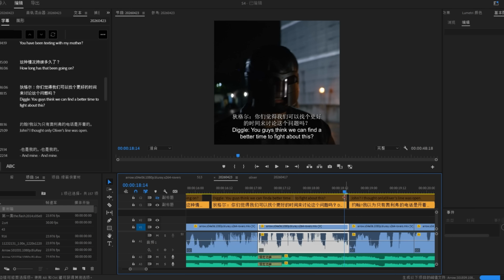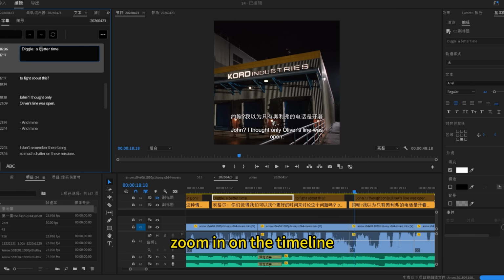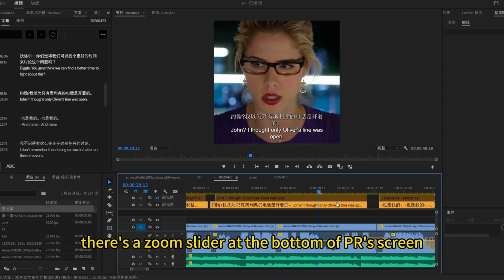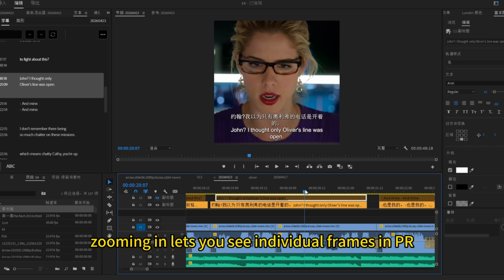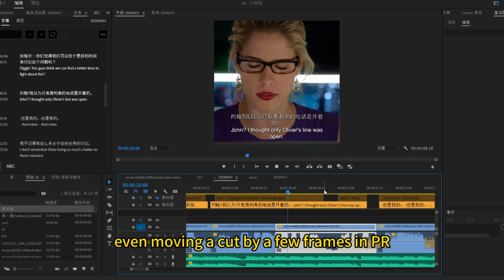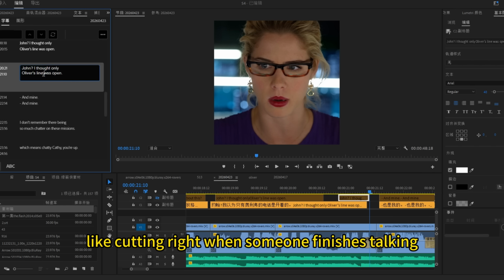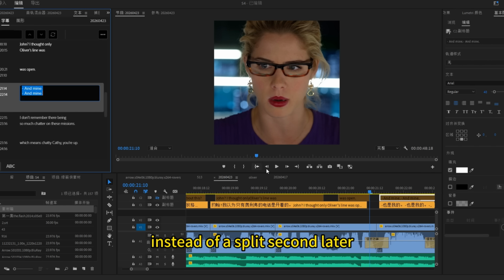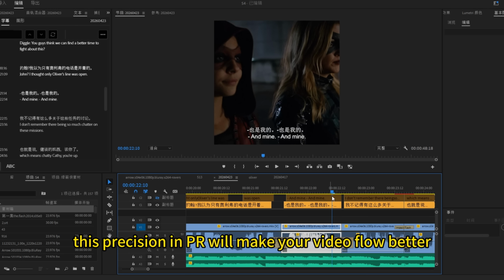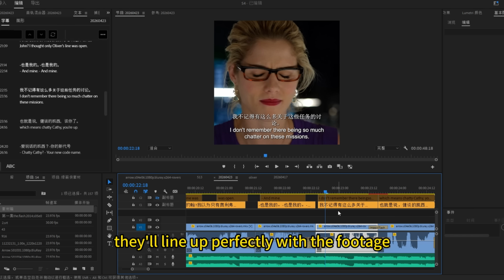about your video. If you need to be more precise when moving or cutting clips in PR, zoom in on the timeline. There's a zoom slider at the bottom of PR screen. Zooming in lets you see individual frames in PR, so you can adjust your cuts more carefully. Even moving a cut by a few frames in PR can make it feel smoother, like cutting right when someone finishes talking instead of a split second later makes the conversation feel more natural. This precision in PR will make your video flow better, and when you add AE effects, they'll line up perfectly